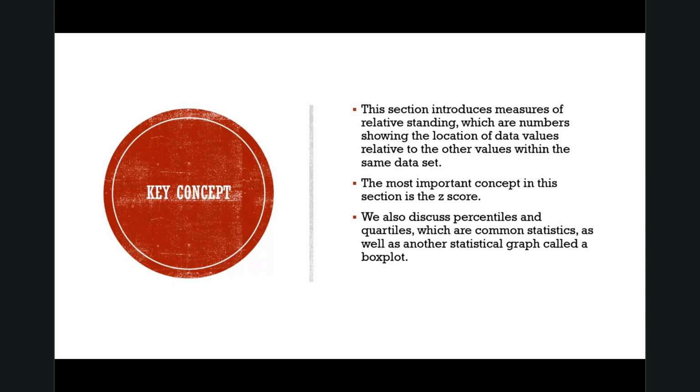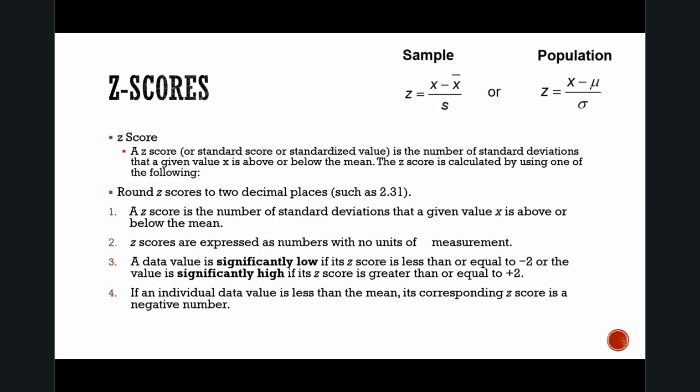Z-score. This is the formula for z-score. Memorize it. Tattoo it on the inside of your eyeball. You're going to need this. Don't actually do that, because then you wouldn't be able to see it, and that would be very painful. We kind of used this when I was talking about the 2 standard deviations. So a z-score